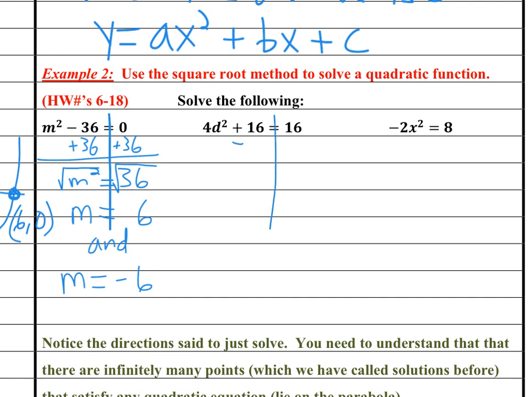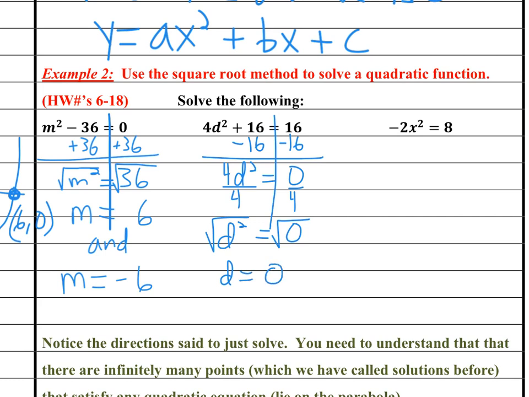We should first subtract 16 from both sides, so it will say 4d squared equals 0. You might think we're done because it equals 0, but we are not. We still need to do our steps. So we need to divide 4 on both sides, so d squared equals 0. And now we need to take the square root to get rid of this square on both sides, so d